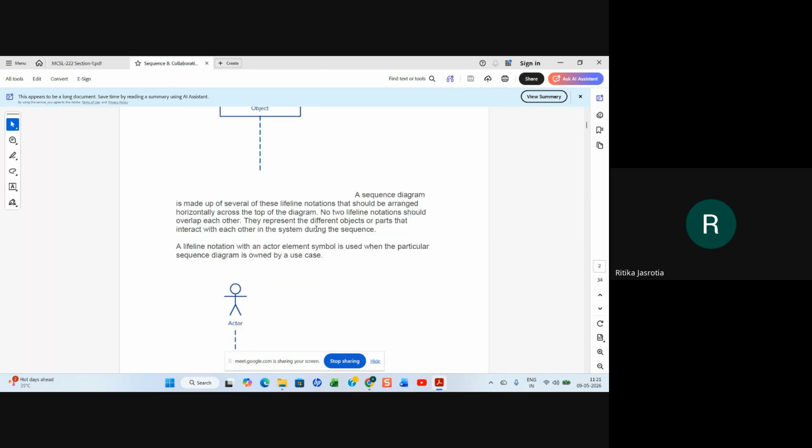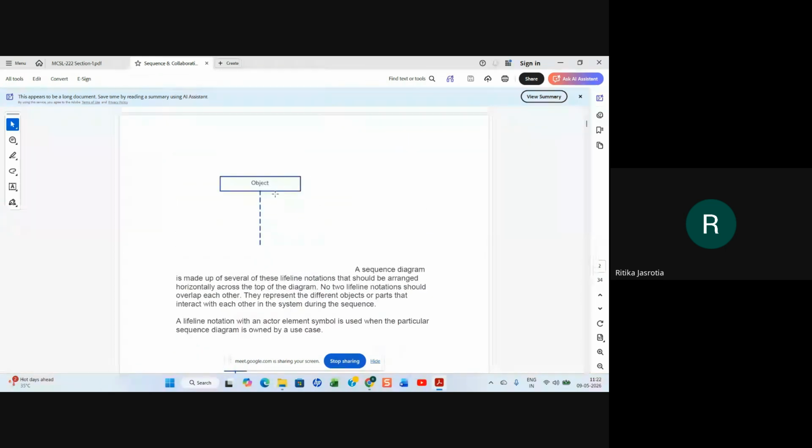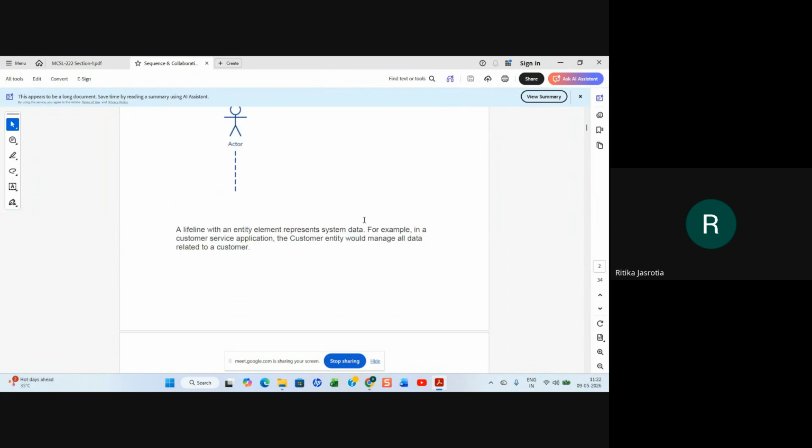This is a lifeline. You can also have an actor notation. A lifeline notation with an actor element symbol is used when the particular sequence diagram is owned by a use case, right? So if it is owned by a use case, then you can use an actor lifeline also, but generally only the object lifeline is used. A lifeline with an entity element represents system data.